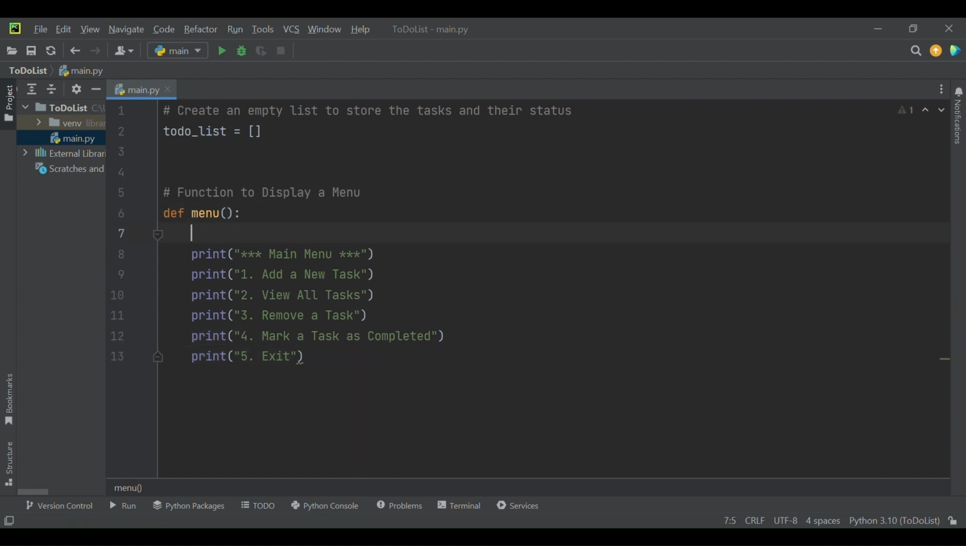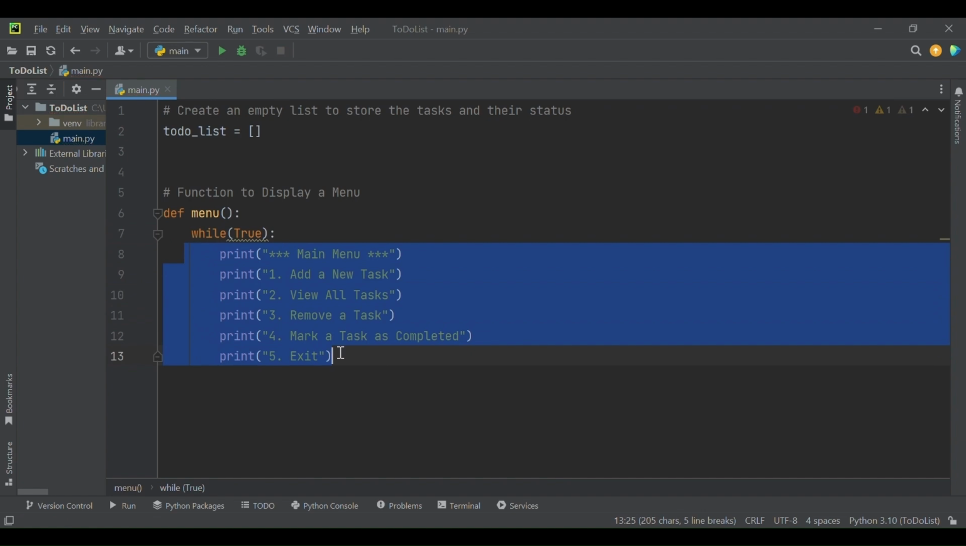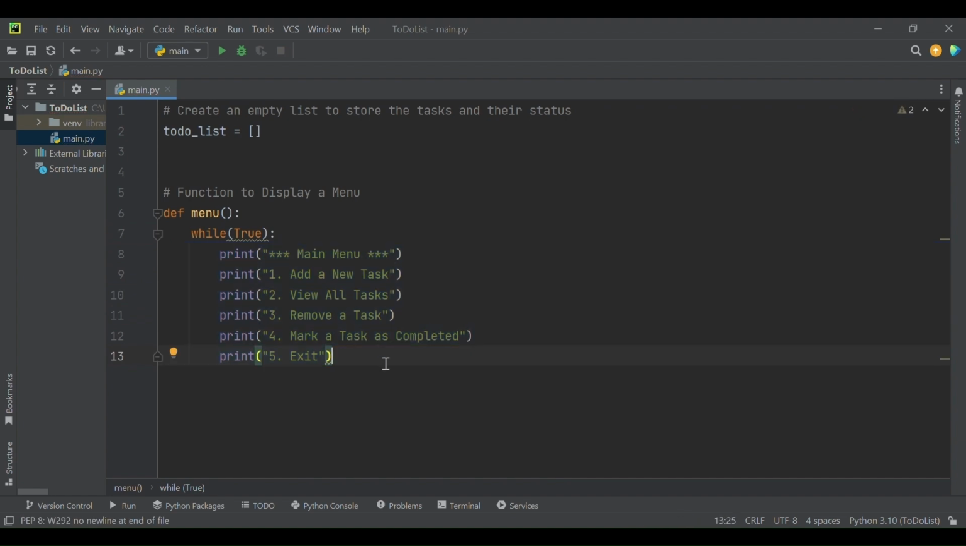I will be using a while statement over here. This is a while loop. While the user does not press option number 5, until then I will keep on repeating this menu. So while true, and let's indent these lines. Alright. So this is like saying until the user chooses to exit this application, the menu will be repeated on the screen